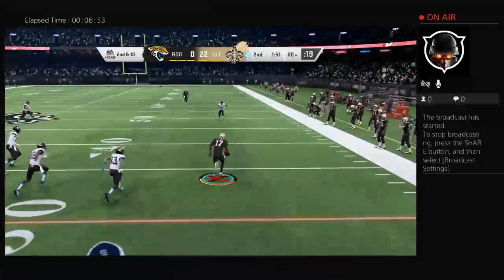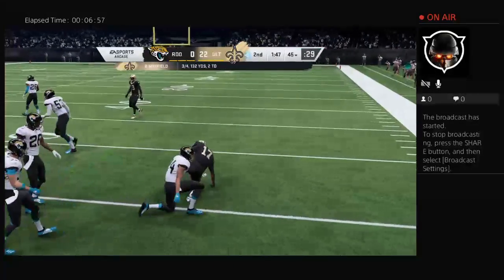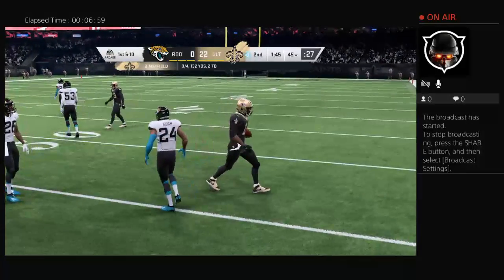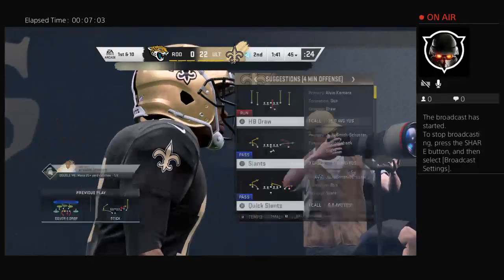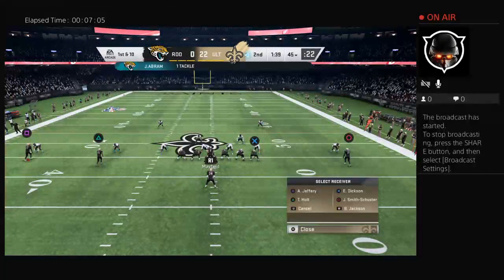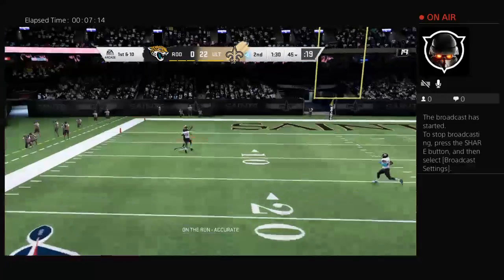They throw again on second down. This one's complete. And they'll get it all the way up about 5 yards shy of midfield. 25 yards there on the catch and run. Boy, the evolution of the game and how these guys on plays like that can get it. It does, and we're talking...